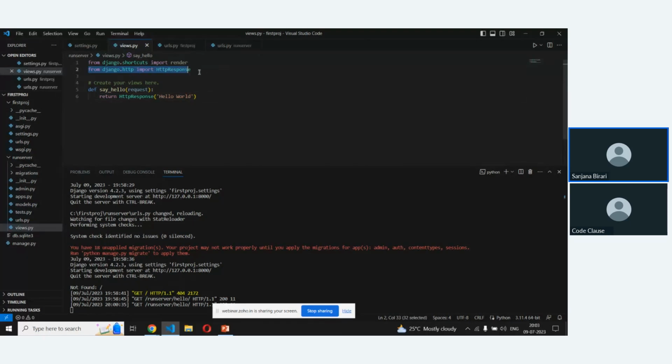So I have imported the response utility, and I have created a simple view and a response which will be returned. It's a function named say_hello, and I'm displaying hello world on my web page as a response.